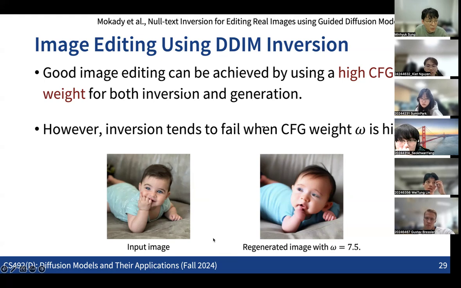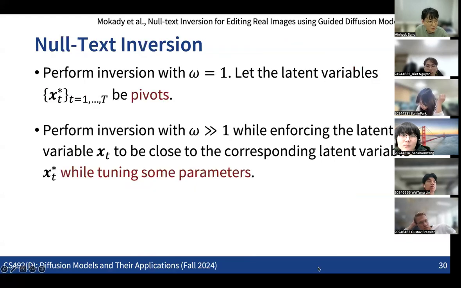But the thing is that if we want to get dramatic changes in the image editing using a new text prompt, we need to use high CFG weights both for the inversion and the generation. So the question here is: how can we still use a high CFG weight while getting good quality reconstruction of the input image in the inverse process? For that, a very practical idea, which is known as Null-text inversion, is